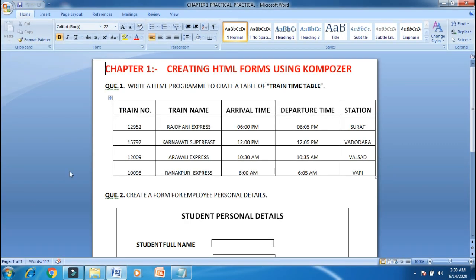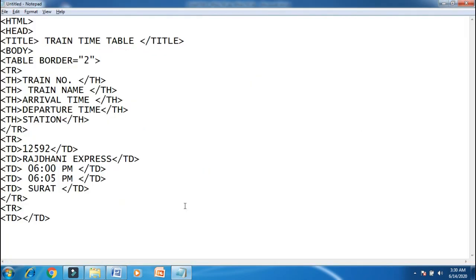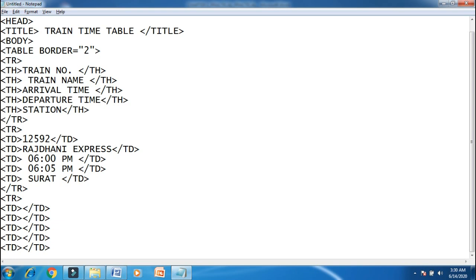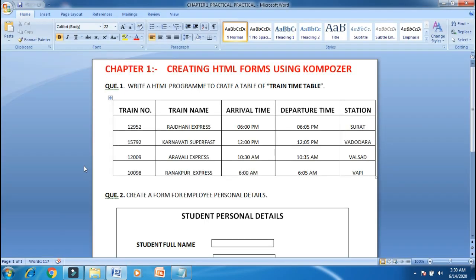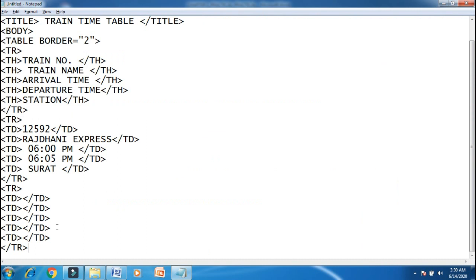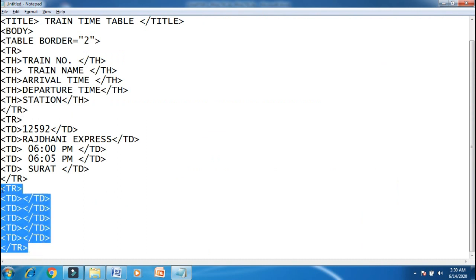How many columns are there? 1, 2, 3, 4, 5. So you have to copy this one time and paste it 4 times, so total 5 times, and enter again tr. Now how many rows are left? The second is also completed. Now third and fourth, so 2 times you have to copy the same data, which will save your time.